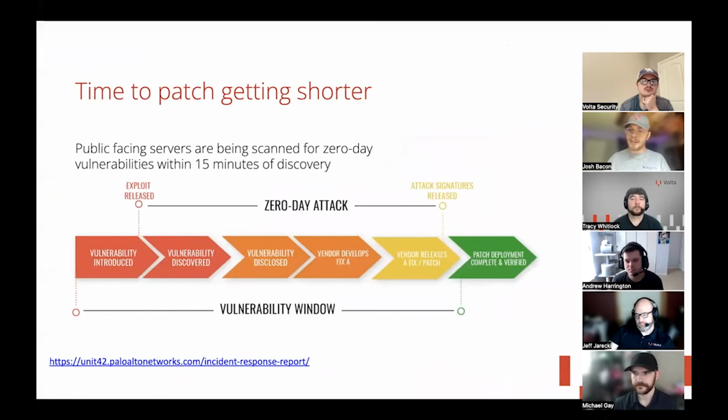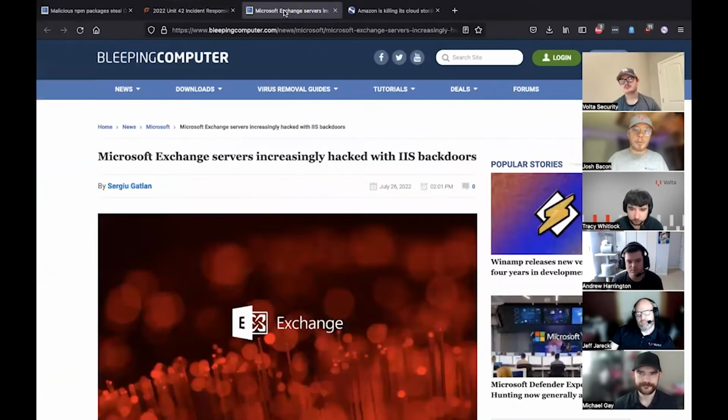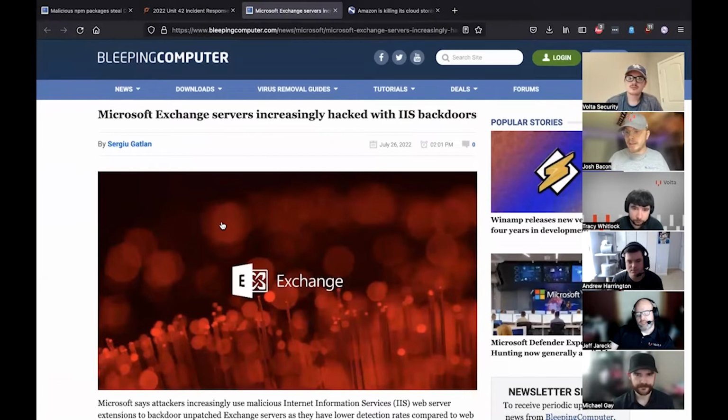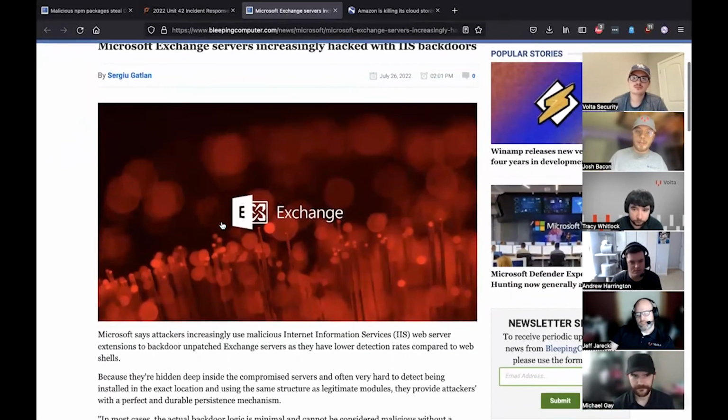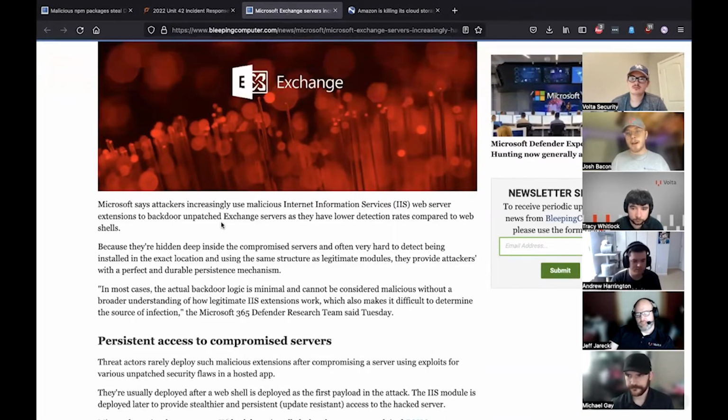That's actually a really good transition to our next story. We've talked about Exchange servers quite a few times on this show, and it just continues because we're still seeing problems with Exchange servers, but what we're seeing now is this extra IIS backdoor that makes things a little bit more tricky. So as we've said a couple times in the previous week, if you have an Exchange server that has not been patched recently, it should almost go ahead and be considered compromised, and you should be doing forensics on that.